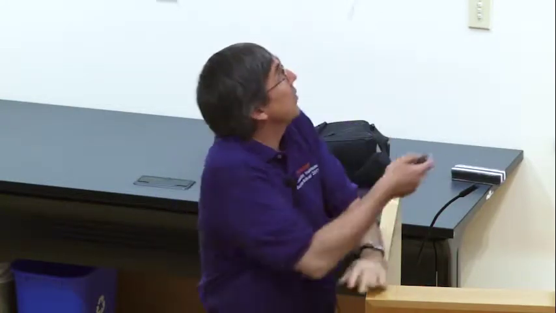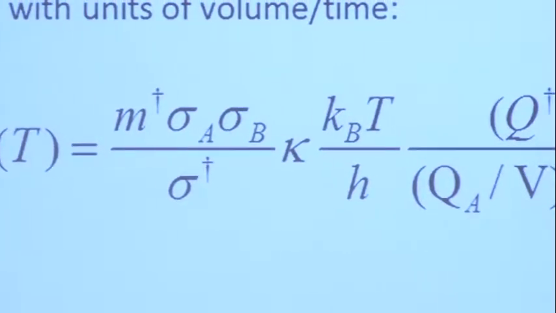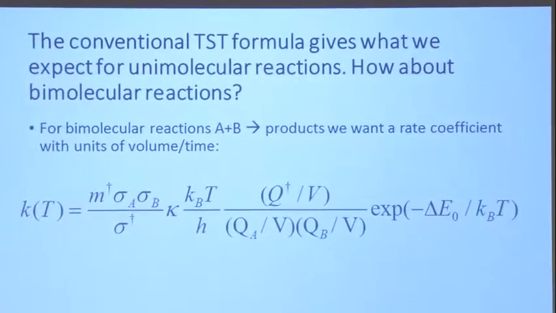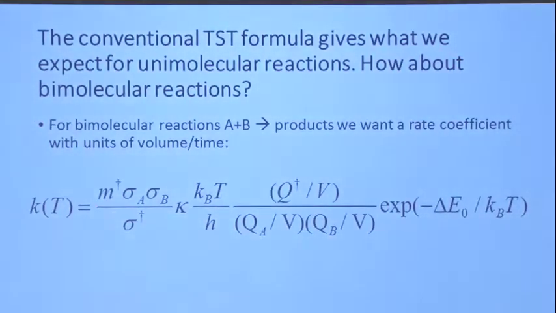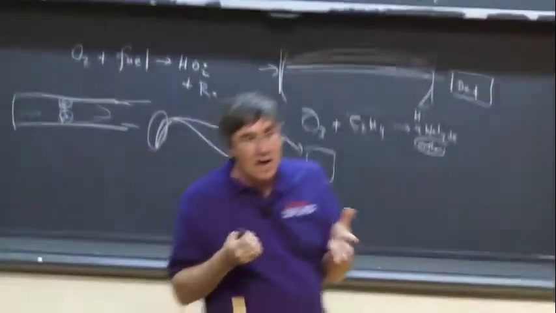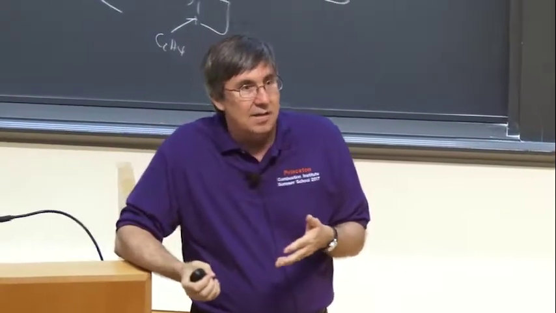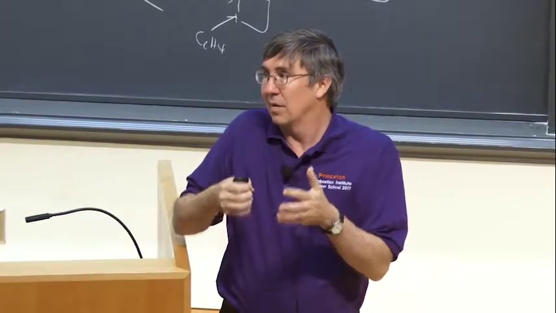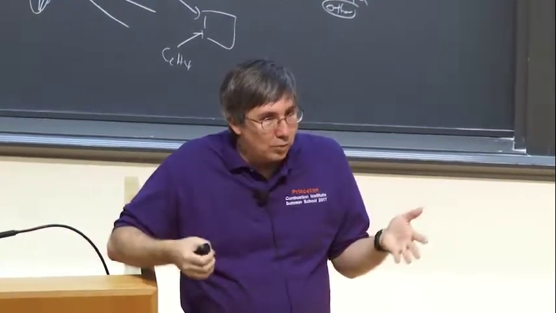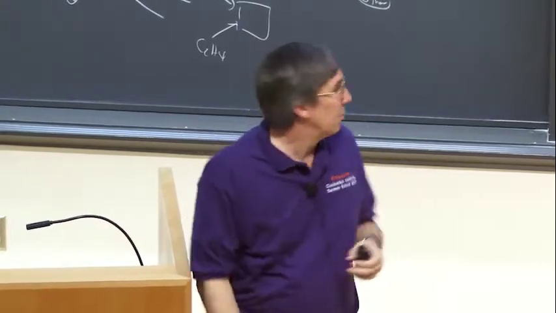So you get these extra factors. That's what these sigmas are. And the reactants will have sigmas, and the transition state also could be symmetrical, and it could have some sigmas too. And then there's an extra factor. This is super confusing. Some reactions, when you get to the transition state, are chiral. That means that there's a mirror image transition state that is distinguishable, that is different. If you have a weird reaction like that where that happens, then you actually get an extra factor of 2 in the rate, because it could happen either way.